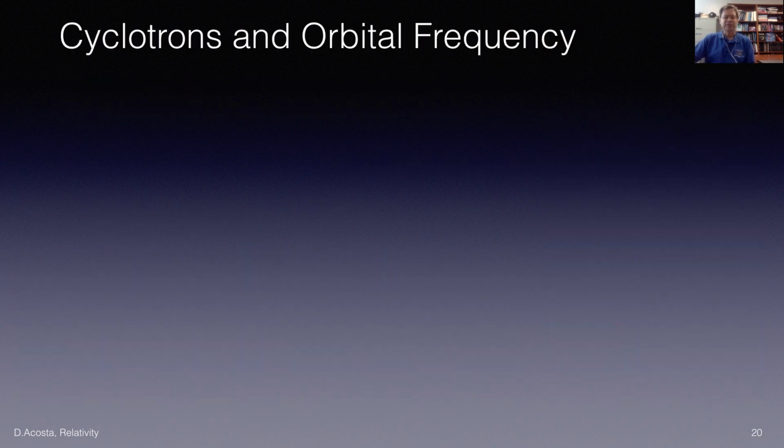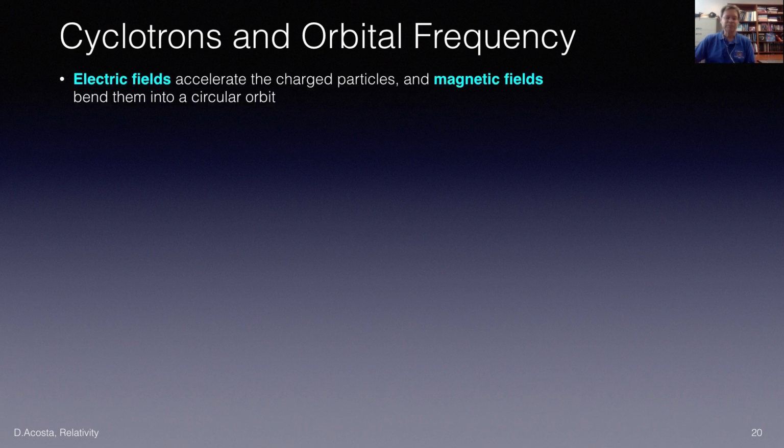In particular, an earlier name for such colliders was a cyclotron, and that was because the frequency had to be cycled as particles went around the ring. But let me explain very briefly how such particle accelerators work. There are electric fields used to accelerate the charged particles and give them an increase in their kinetic energy, their momenta. So they'll pass through certain microwave cavities where electromagnetic waves will impart energy to the particles and increase their velocity. But to make them travel in a circular orbit, we need magnetic fields as well to bend them in